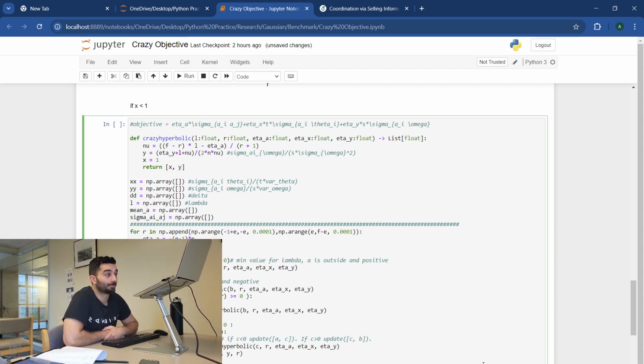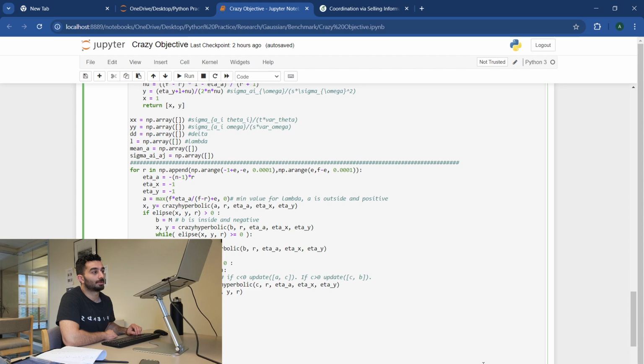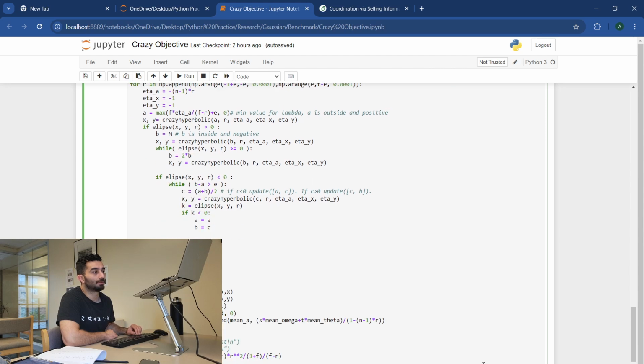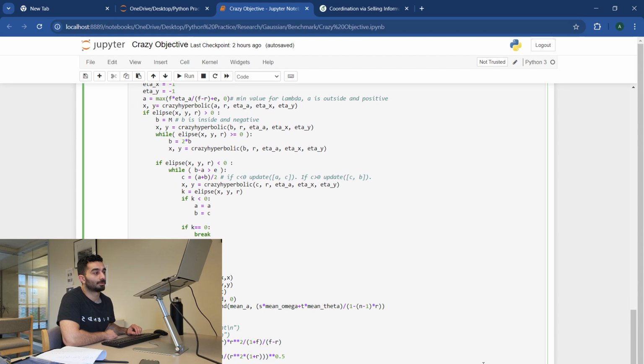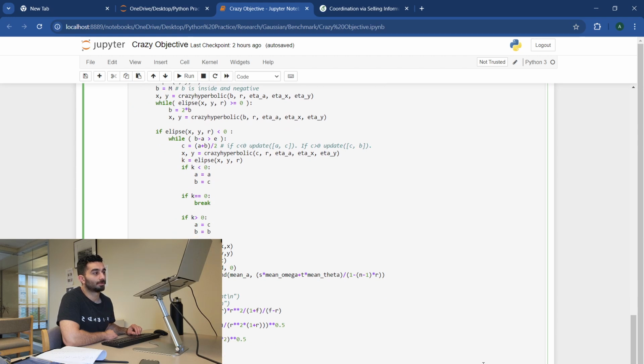Crazy hyperbolic. Ellipse is less than 0, which means we are inside. We want to take the middle point. Done. I don't remember the computation of delta. But if x is positive, it means that